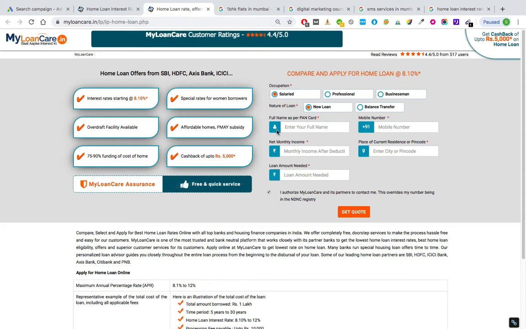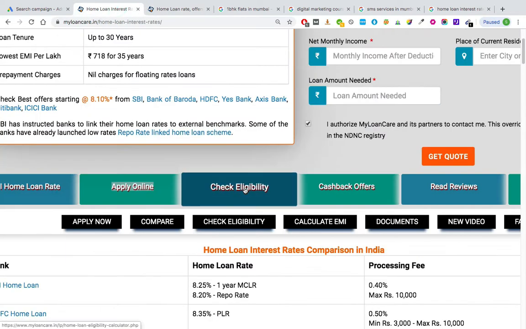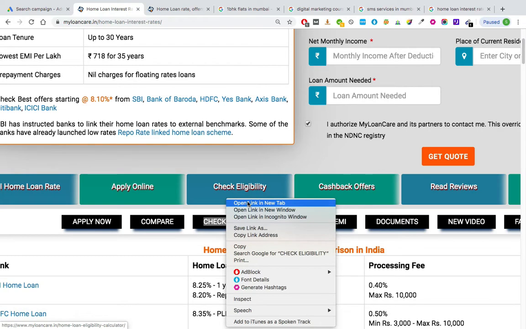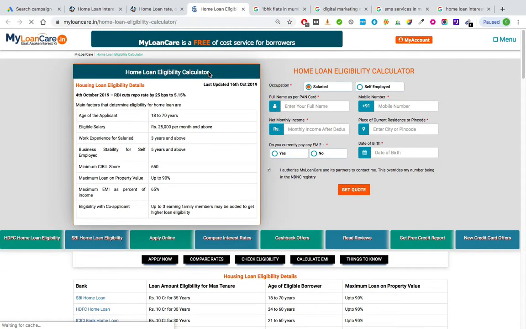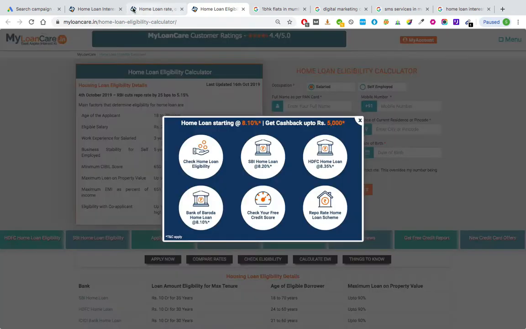Okay, so from here he can directly apply for a home loan, which is good. From here he can probably check his eligibility. Just let me check this page, because even this says check eligibility. Over here, home loan eligibility calculator. Okay, good. So this is the place where I can check home loan eligibility.